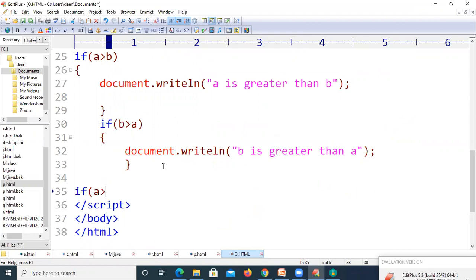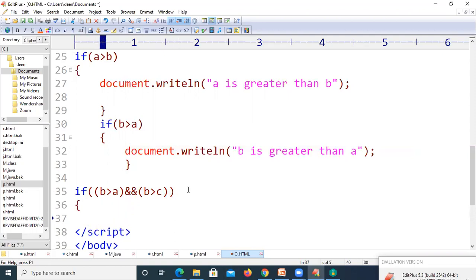What this if condition will do is, if B is greater than A, and one more thing I want to take is, B is greater than C. If B is greater than A and B is greater than C, I want these two conditions to be satisfied. That means I can use double ampersand here.